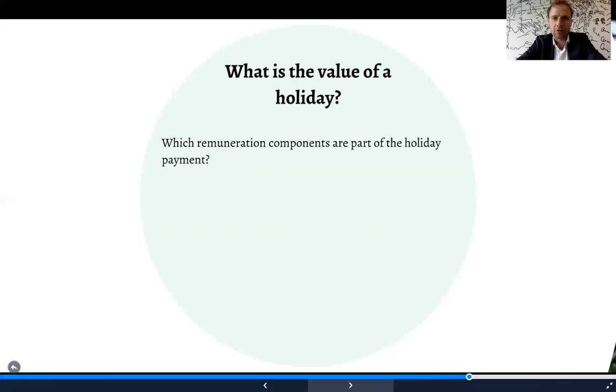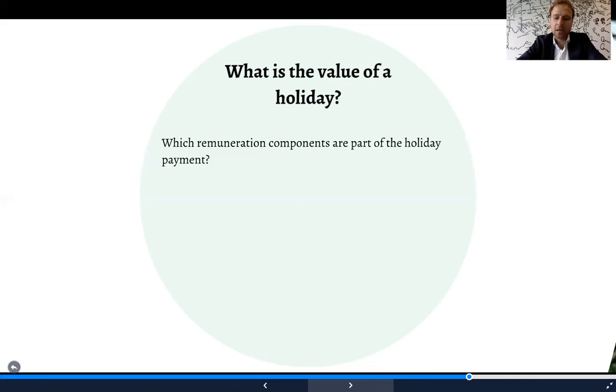I wrote an article, it's in Dutch, about this subject 2 years ago, in which I analyzed the case law about the subject